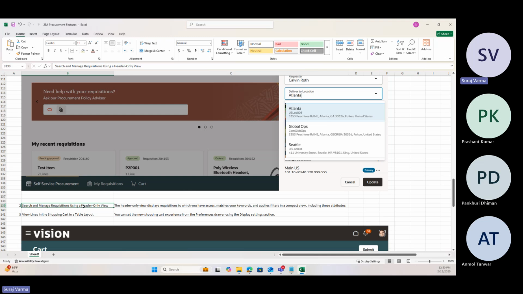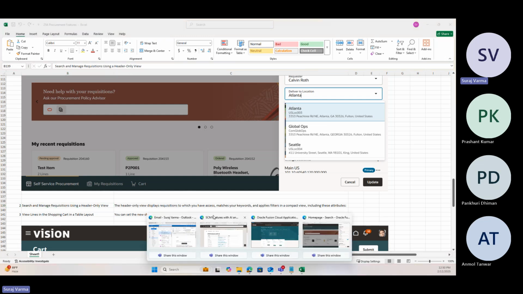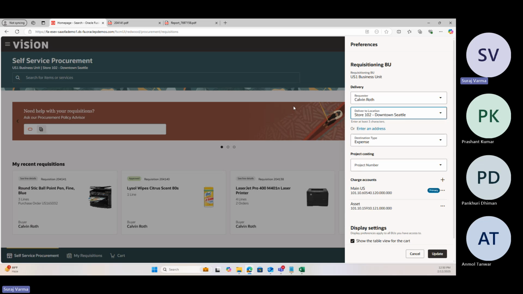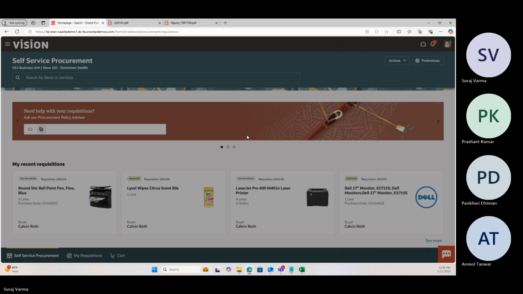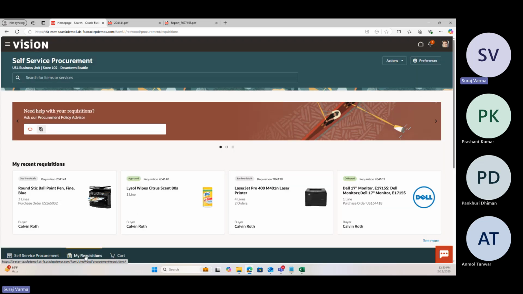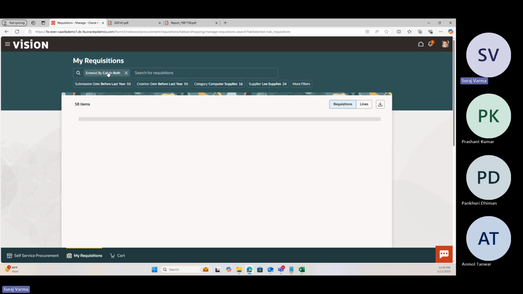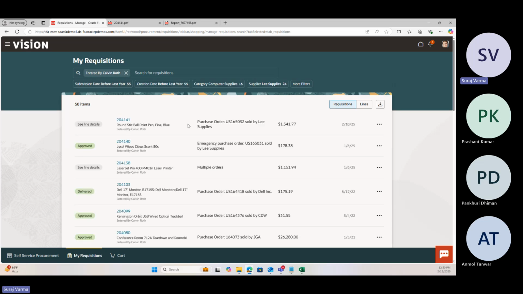Moving on to the next functionality that we have, it is mainly on the search as well as manage a requisition using a header only view. So here, if you go to the manage requisition screen again in self-service procurement, under manager, my requisitions or manage requisitions, you have these options mainly to search,